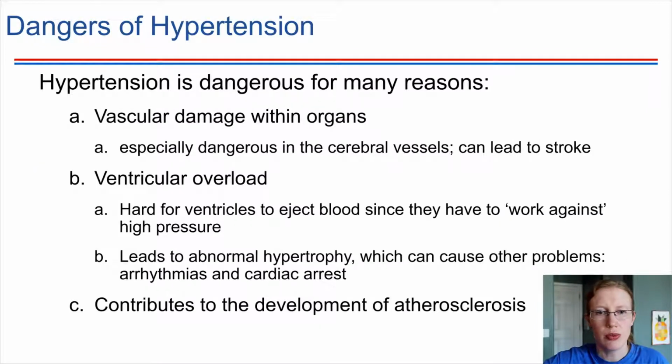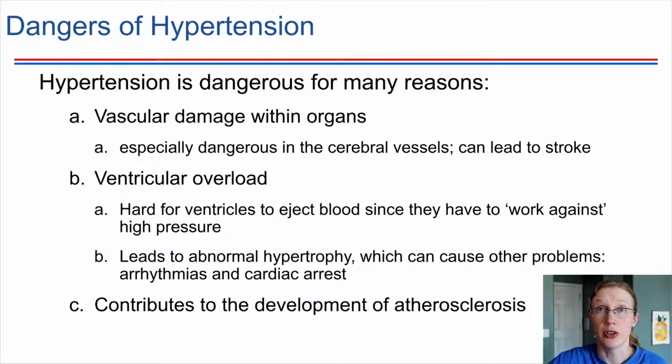And again, just what does this end up causing? This can cause vascular damage. So if the blood vessels are always under high pressure, this can lead to damage of the blood vessels over time. This can also lead to changes within the heart. So if the blood pressure is high, that means there's a high peripheral resistance. It's going to be hard for the heart to pump blood out into circulation. So the heart is going to have to work harder. Remember, the heart is a muscle. So if it has to work harder, then it is going to grow larger over time. So enlargement of the heart is something that can happen as a result of high blood pressure over time.